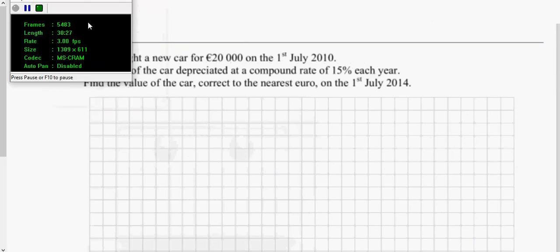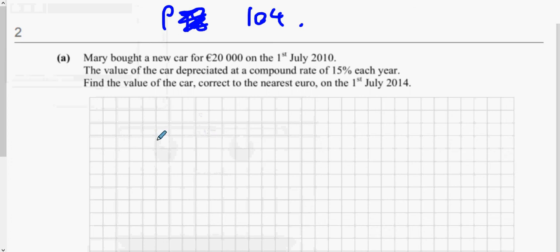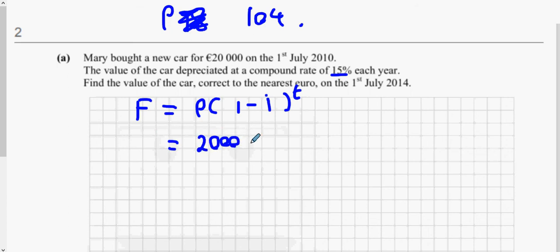Off you go. Your final price is usually P times 1 plus i when things are getting larger. But it's not 1 plus i this time because it's actually getting smaller. So it's 1 minus i. Now, if you lose 15%, how much percent do you have left? If you lose 15%, you have 85% left. So it's your starting value, 17,000, multiplied by